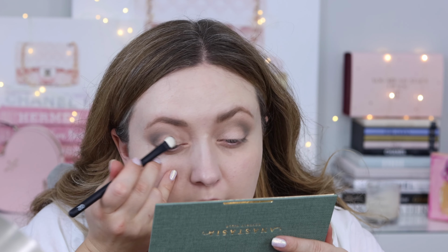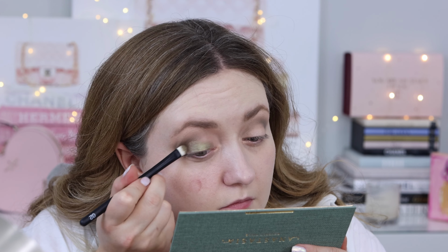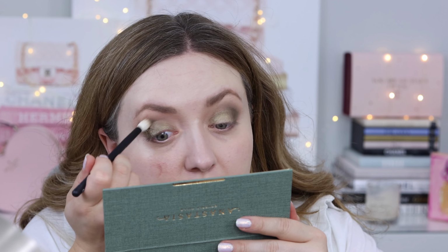Okay, so I'm gonna go in with my Rephr number 2 brush, which is a flat shader brush. We're gonna place this all over the lid. I'm going back in with the 15 brush that we've already used to just kind of blend that in. Then I'm going in with the Rephr 14 brush. I'm just gonna pop in